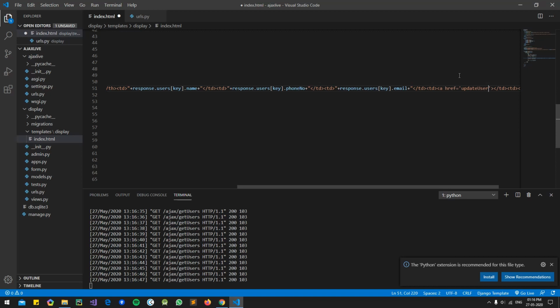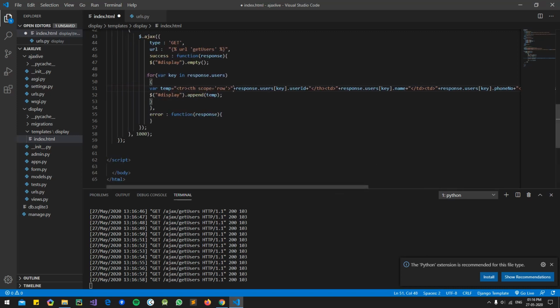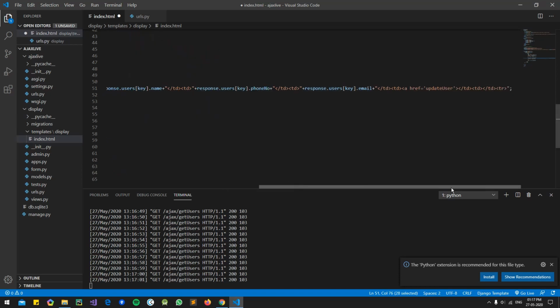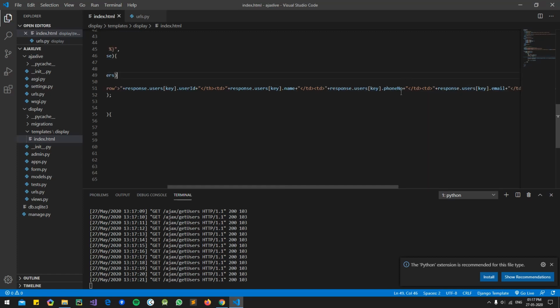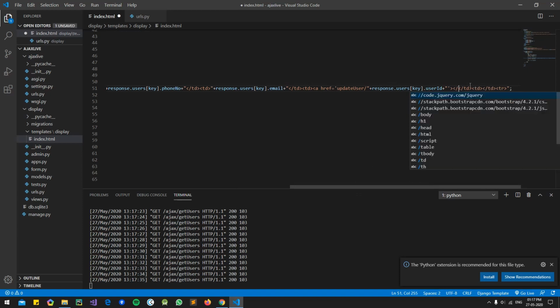In order to change the particular result, what we'll need is the user ID. So how to get the user ID is, just go here, copy this thing and put it over here. Just ignore the background noise if you hear any. I try to reduce the noise as much as possible. So just close this, this and that. Okay, this was it. Now close the A tag,